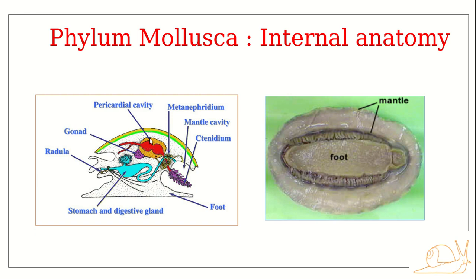Now coming to the coelom, as already mentioned, it is confined to certain parts. Even though it is a hemocoel, it is not so well elaborated. It is restricted to certain parts, and you can see it is found around the pericardial cavity. It forms a smaller space around the excretory system and gonads. So it is highly restricted to certain parts alone.